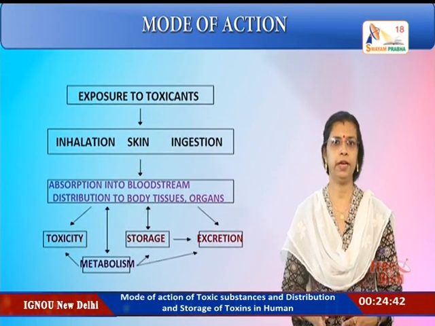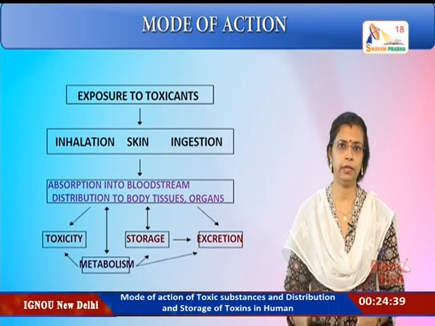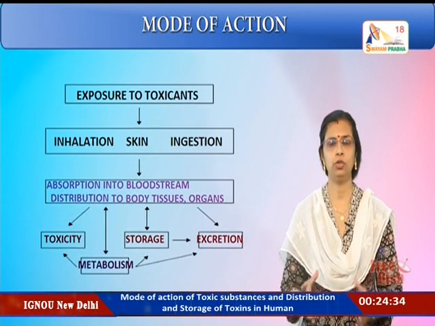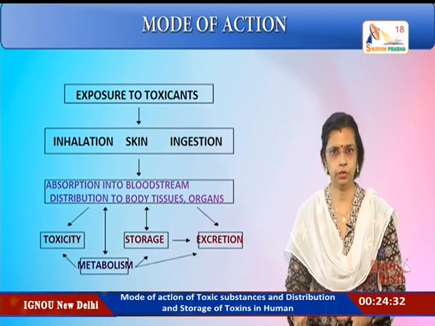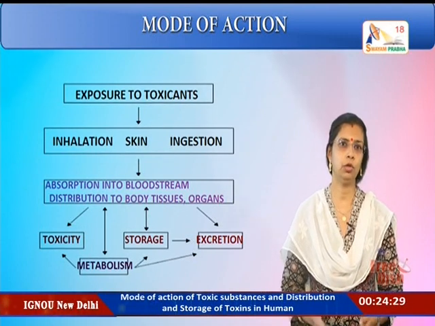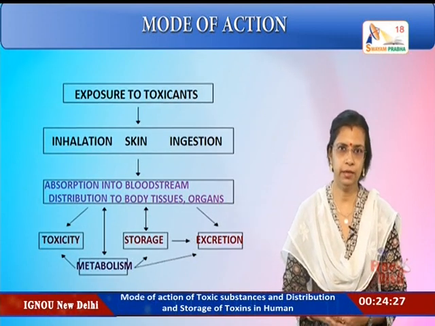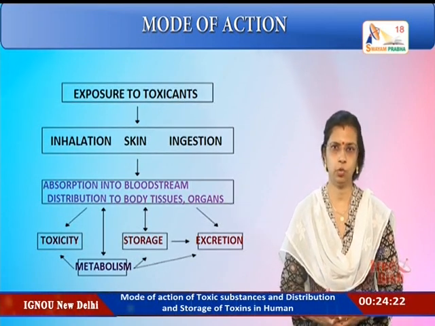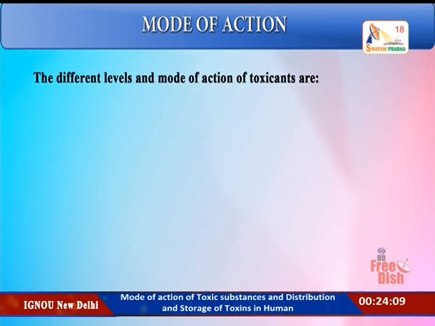The second point is it can be stored in the body. As I told you, the kidney or the liver or the bone can be storehouses and reservoirs where these toxicants can be stored for several years together. The third is it can cause toxic reactions, maybe at the DNA level. It can cause certain mutations. It can bring about carcinogenesis and so on. So all these factors finally depend upon the metabolism of the individual, how these are being metabolized in the body. So the different levels and mode of action of the toxicants, if we have to describe in detail,